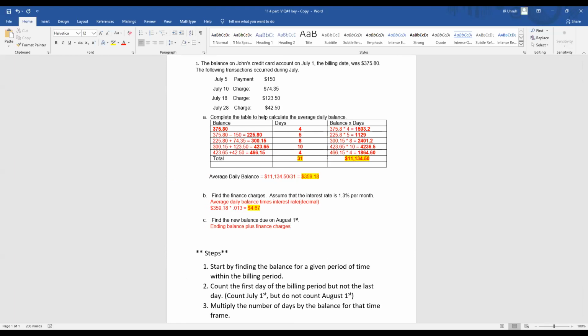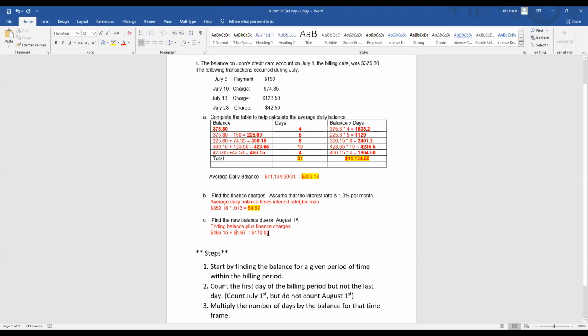In this case, it will be $466.15. Our finance charge is $4.67, and the grand total becomes $470.82. Let me put a couple of dollar signs in front of these numbers here. But your new balance on August 1st, the total due, is